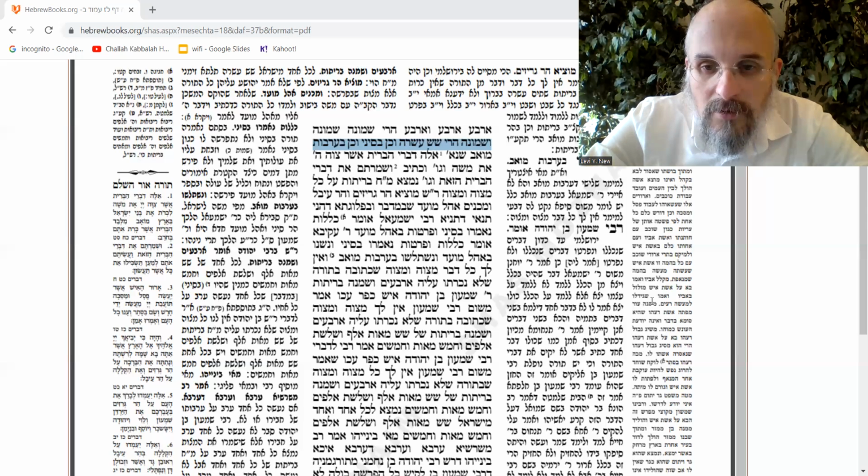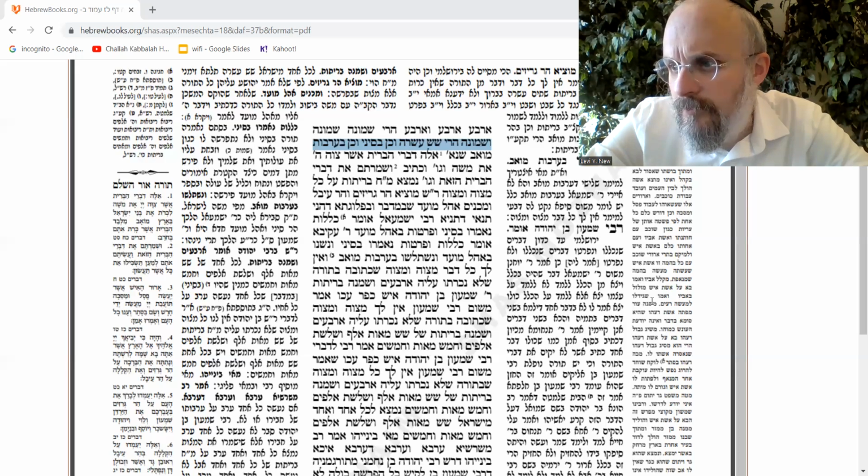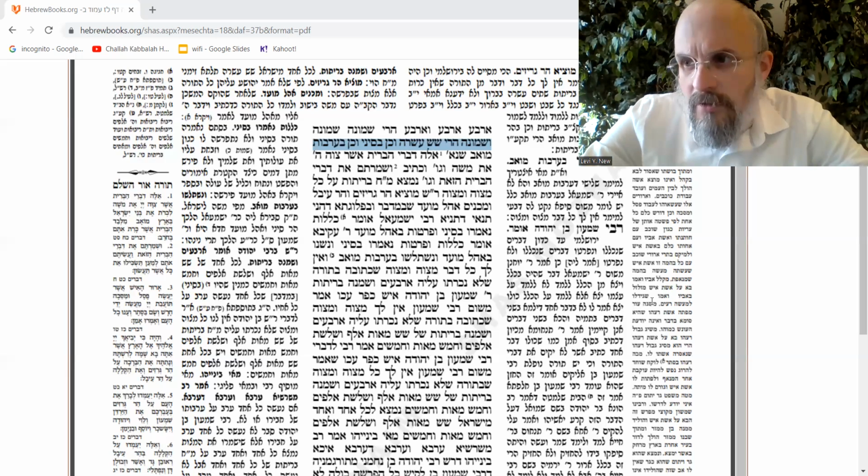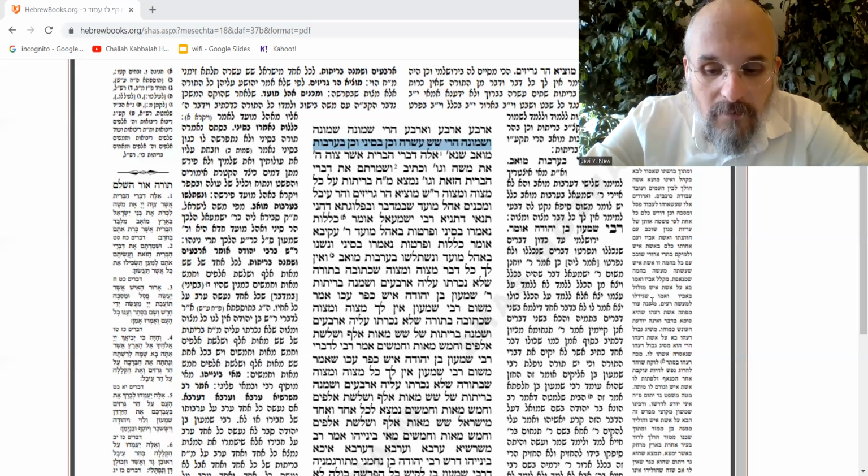Which means, therefore, every mitzvah has these 4 covenants: general blessing, general curse, specific blessing, specific curse. That's the first set of 4. Now those 4 are applied 4 times for each mitzvah.